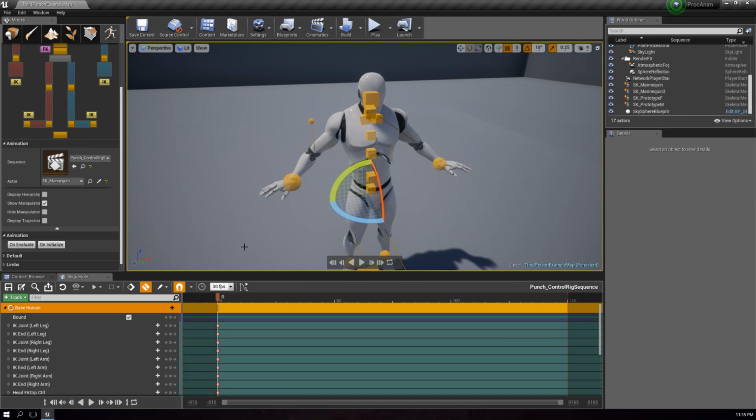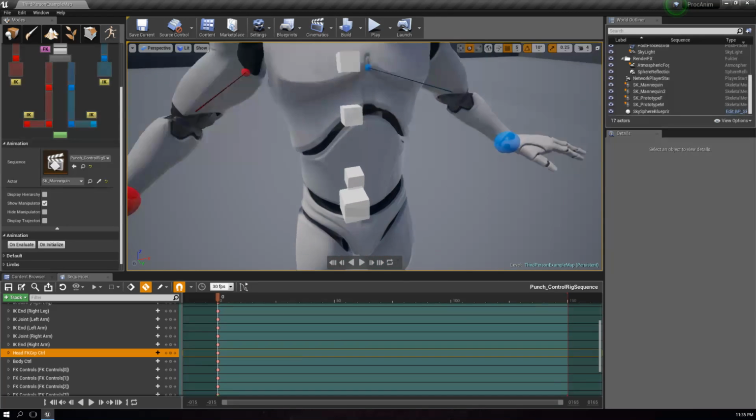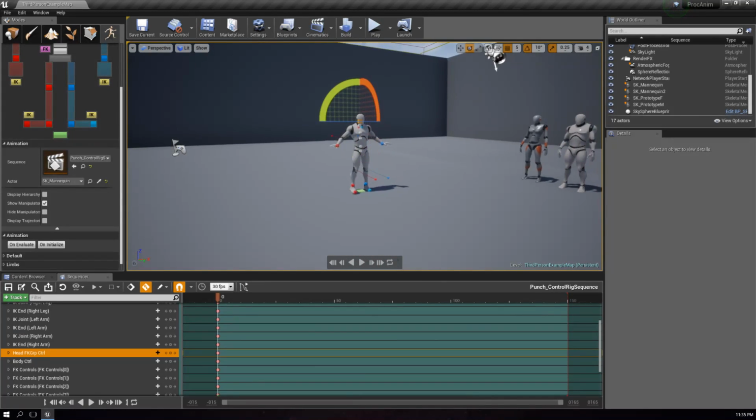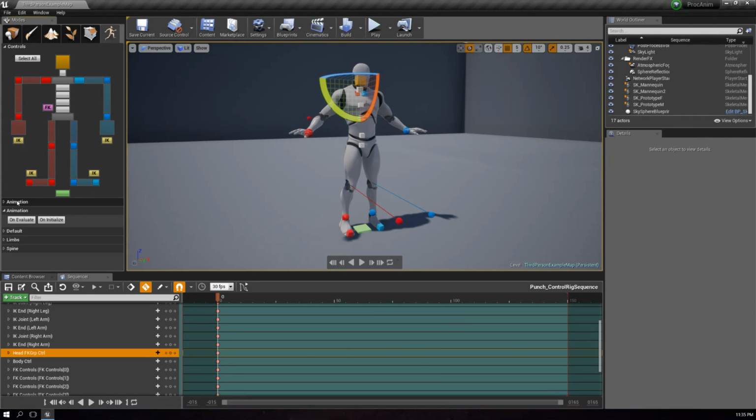So that's really cool. Rotation and translation are probably going to be the main things that you use, and depending on what type of animation you're going to be doing, it might be better, or it might be